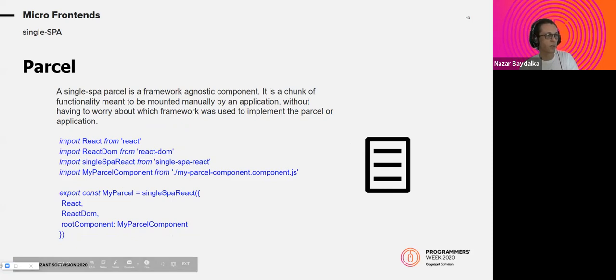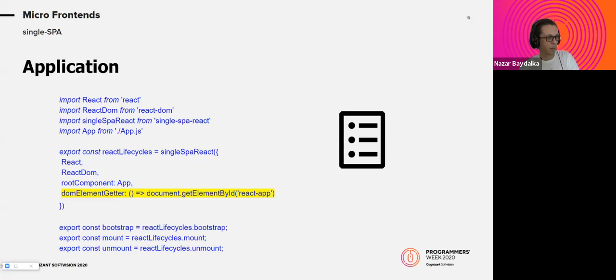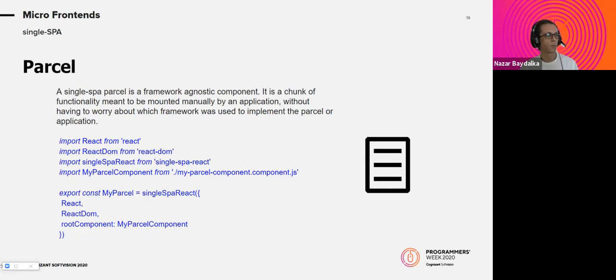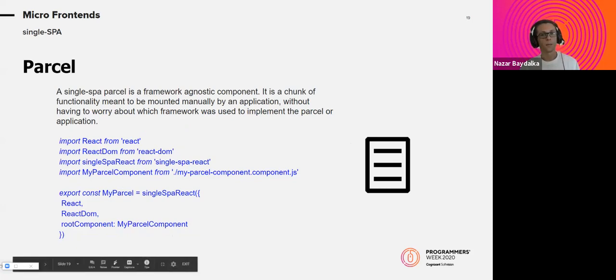Parcel. A single-spa parcel is implemented very similarly to an application, so it reuses the same wrapper. Only we don't pass the DOM element parameter. The DOM element parameter for an application determines the placeholder where the application will be inserted. But for a parcel, we don't need to specify this placeholder. Why? Because